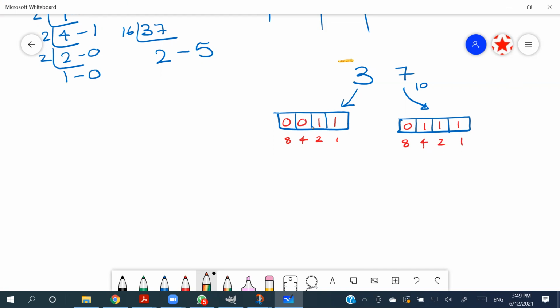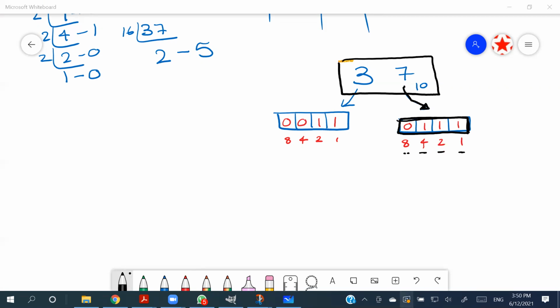Now this is the decimal value you are asked to write in BCD. So what you are going to do is take one particular value and write it using 4 bits. Right? So the place values they contain, like we know, are 1, 2, 4, 8. And so 7 will be written in 4 bits, as well as 3 is written in 4 bits.